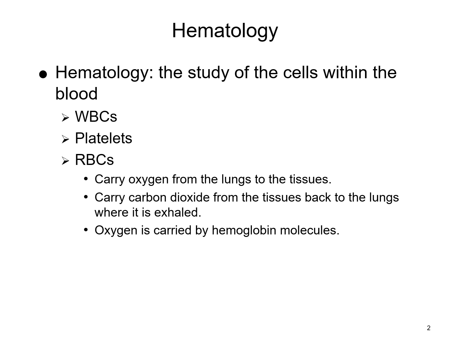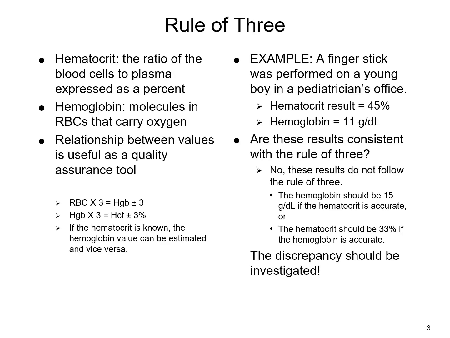And then oxygen, as you know, is carried by the hemoglobin molecules throughout the body. In addition to the cell count, a hemoglobin hematocrit are performed as part of the routine CBC. This is also known as an H&H. Hematocrit is the ratio of the blood cells in the total volume of plasma, and it's actually expressed as a